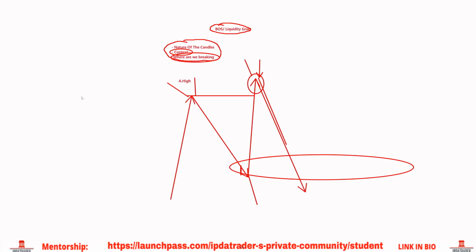Let's say you actually had some sort of resistance on top over here, okay? So you have a resistance, right? Triple top, whatever you want to call it, right over here. And once again, you're reaching above that, right? And you're wondering, is this going to be a liquidity grab or is it going to be a break in